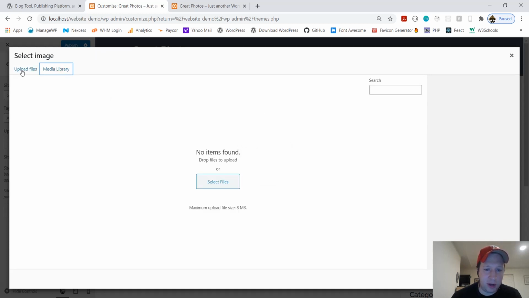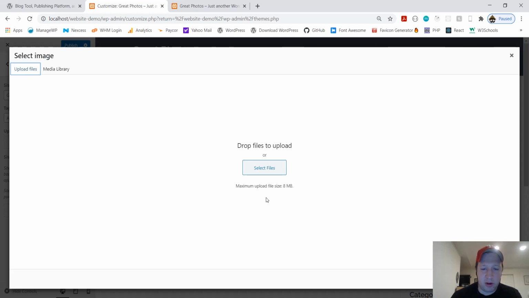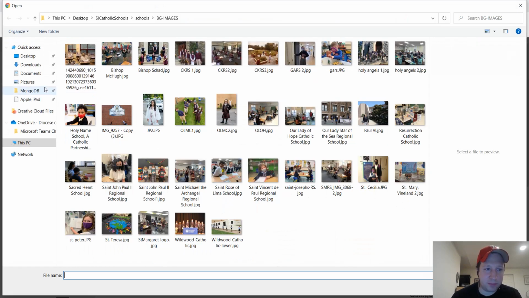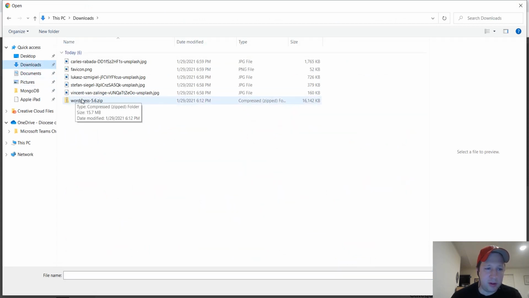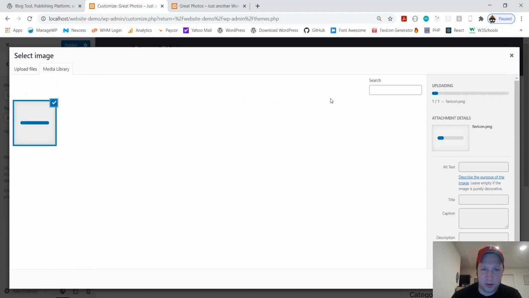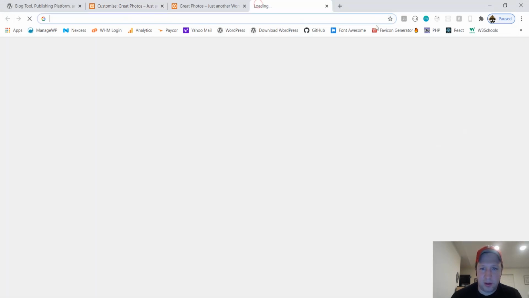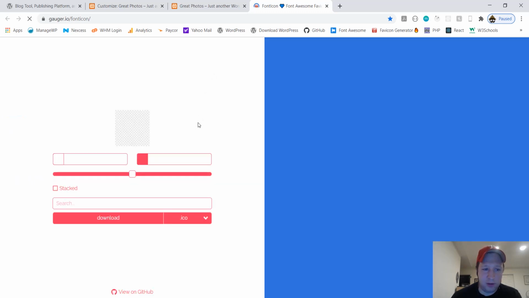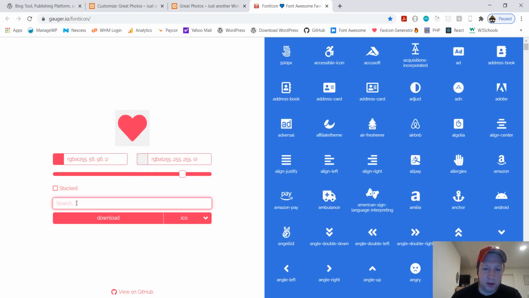But in order to upload a file, you go to Upload Files and click Select, and I'm going to go to this. This is my logo. Not really, it's just a cheap icon that you can generate as a PNG image. You come here, gouger.io/fonticon, and then you can search tree, right?